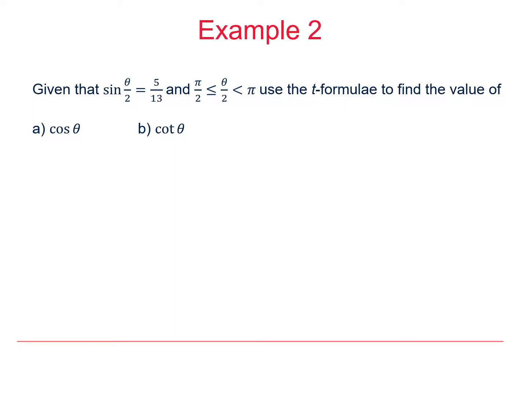In this example, we're not given the value for t, but we're told to use the t formula. So we're going to need to see if we can work that out. We're given the sine of theta over 2, and we're also told that theta over 2 is between pi over 2 and pi. Now I can find cosine of theta over 2 by using sine squared plus cos squared equals 1. And if we examine this particular fraction here, 5 and 13ths, that's going to be part of a 5, 12, 13 triangle. So we can say that the absolute value of cos theta over 2